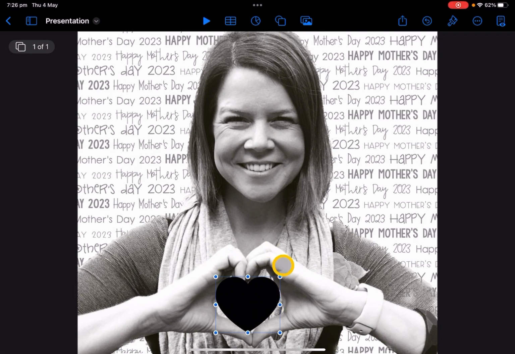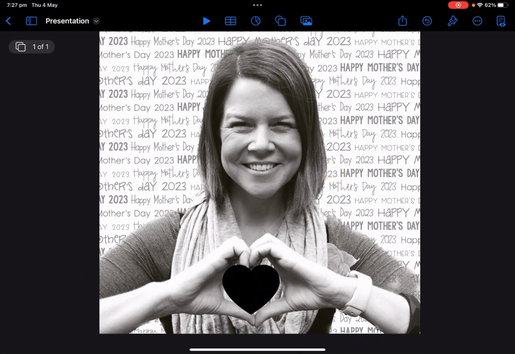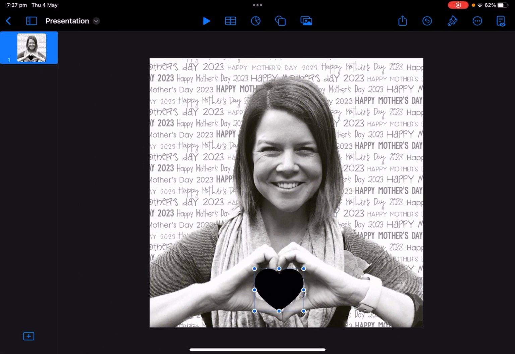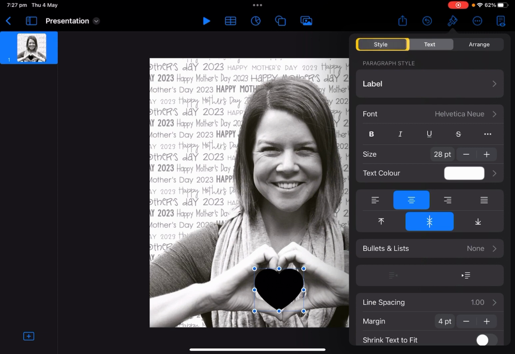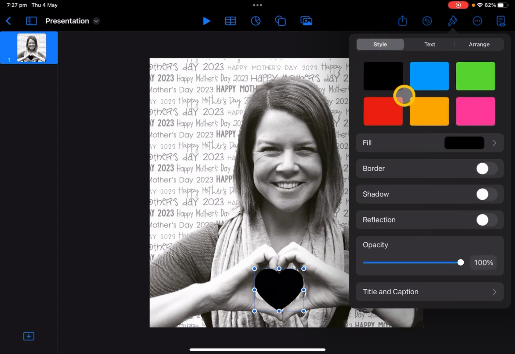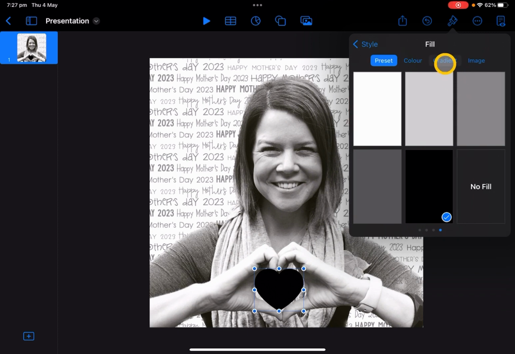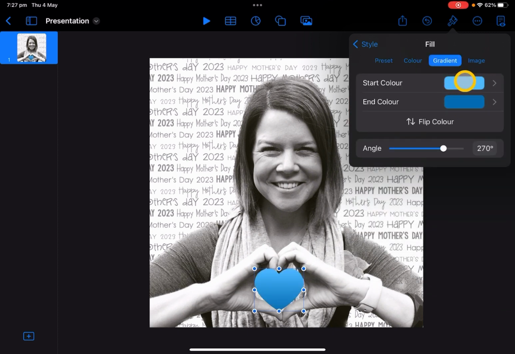Now that that shape is selected, I know that if I come up to my paintbrush, the formatting options will be for the shape. So I'm going to tap. I'll come over to style because I want to color it, and I'm going to go to fill, and I'm going to choose a gradient, and I'll choose 2